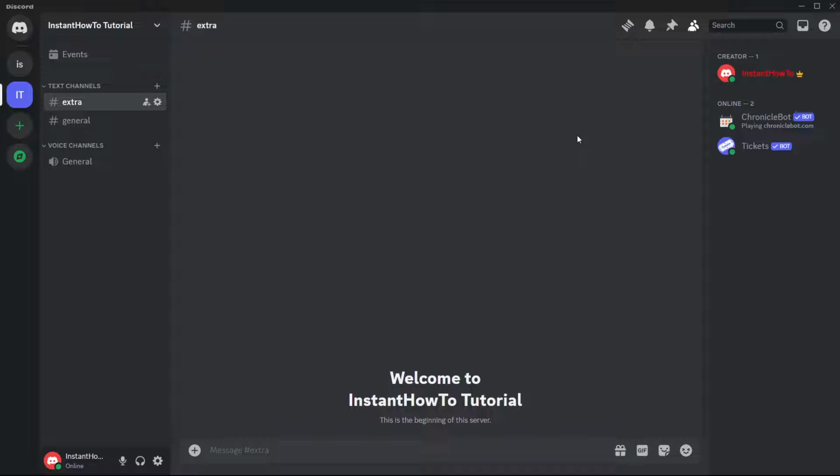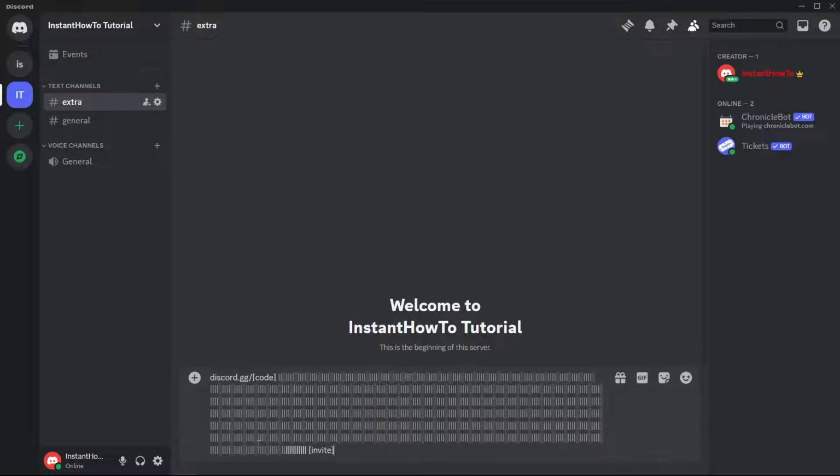In this video, I'm going to show you how to get custom Discord server vanity links. So the first thing you want to do is go into your server where you want to paste the vanity link in, and simply go under here where it says messages, and you have to paste in the following code or following message. You'll find this in the description, just simply copy it and paste it in